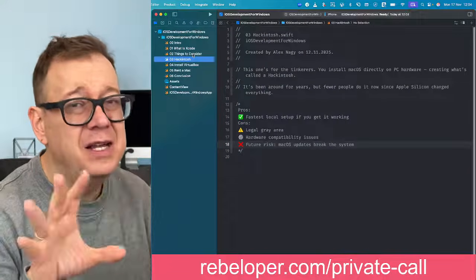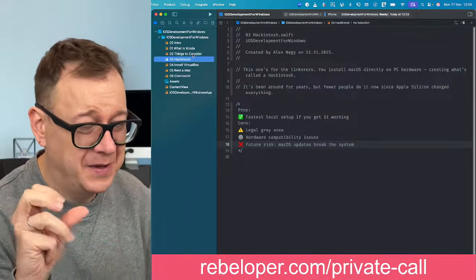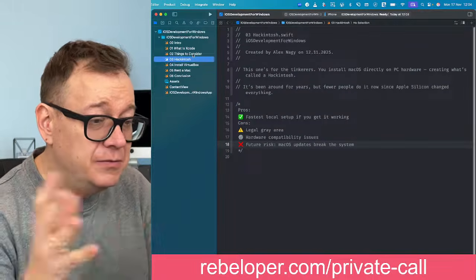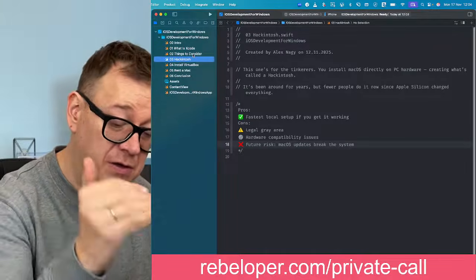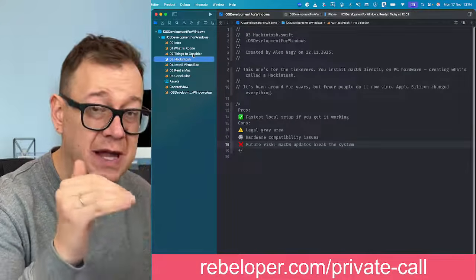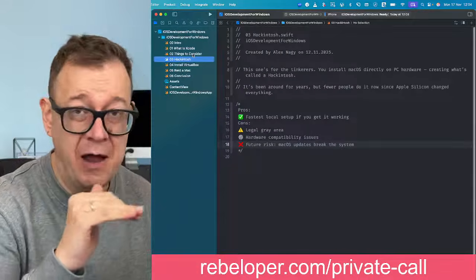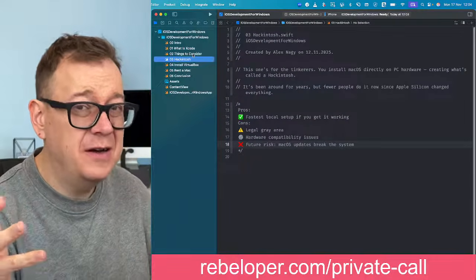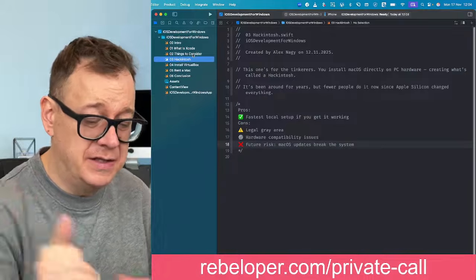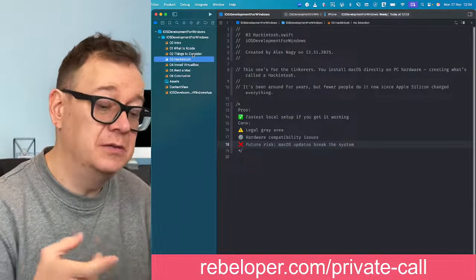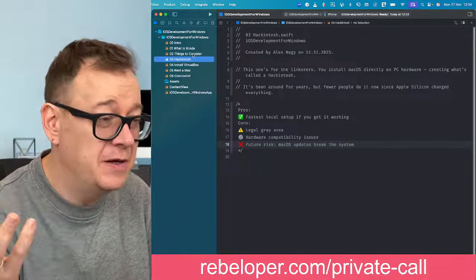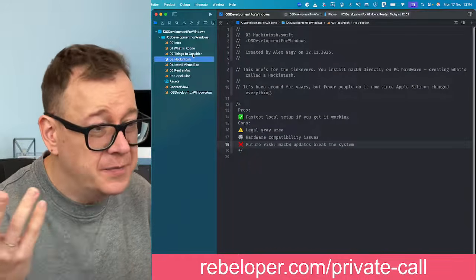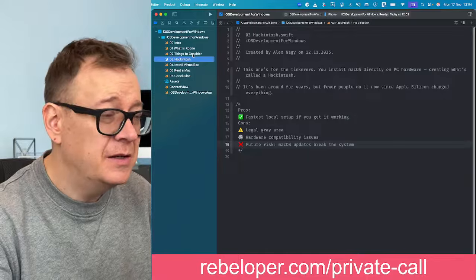It depends on your current PC hardware setup which Hackintosh you can set up. And then, future risk: macOS updates break the system. So if you install a Hackintosh, you usually want to stay on that macOS version, which is frankly not a good idea. Security updates, maybe a new version of macOS comes out which is much better than the previous one. It's fine. Let's take a look at another option: